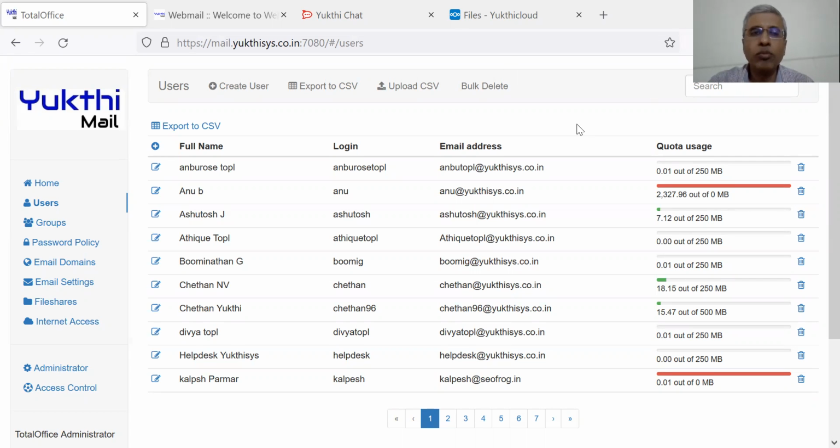Hello. So this is meant to be a very quick overview, kind of a demo, of our Yukthi Mail service. To start with, what you see on the screen is our admin interface, and here you can manage email users and create and set policies and things like that. So here you can go to any particular user and